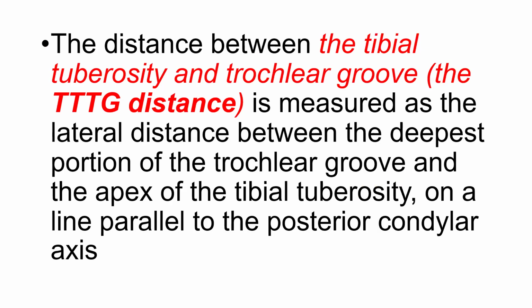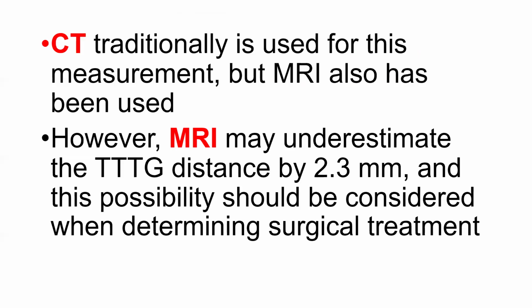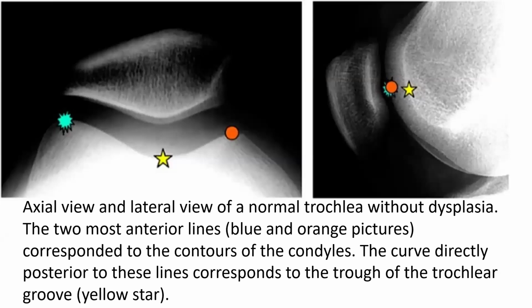So the distance between the tibial tuberosity and the trochlear groove, the TT-TG distance, gives you the proper measurement of the different types of condyles, and it tells you about the trochlear fossa and how it is. You have to go through these measurements to know them. I put all these measurements for you to remember. So it's very important that you know it, but this will prolong the lecture so much, and we don't have time for it. These are the points we use for measurement